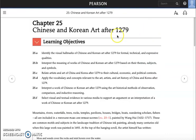And so the first organizing principle is the idea of periods in art history. And for China, that means the dynastic system, the dynasties that follow from dynasties. So why 1279? Why that specific year? It is the year in which China is ruled by an outside foreign power. The Mongolian, quote unquote, barbarians, as the Chinese saw them, invade and conquer China. So China's system of government is toppled, and the barbarians are installed as the new rulers of China in a